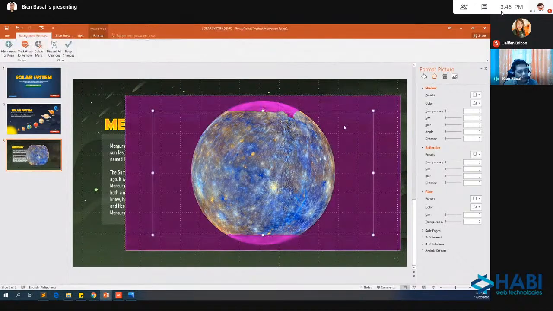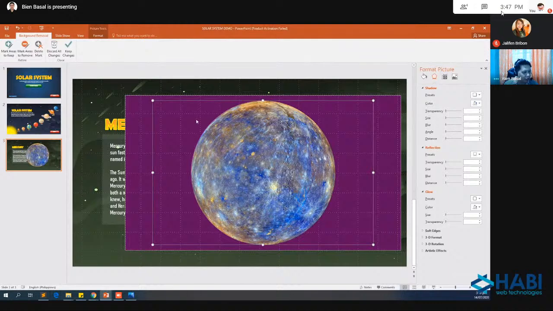And notice that we have here the purple color. Adjust these resizing handles to reveal some parts of this Mercury planet. Okay?